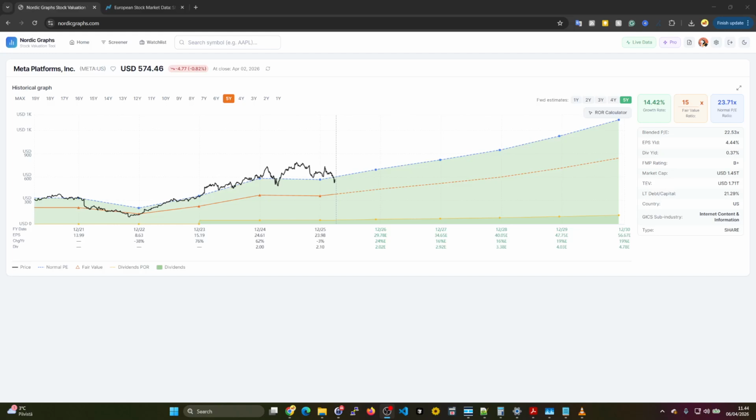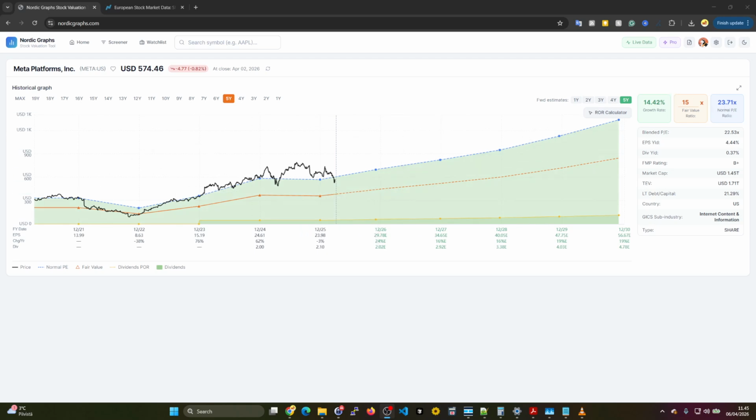Hey guys, this is a quick lesson in valuation using the Nordic Graphs tools and analyzing Meta Platforms. The basic idea in this tool is that the black line is the stock price, the orange line is the fair value line, and the tool also calculates a normal PE ratio, which for this 5 years of history here is